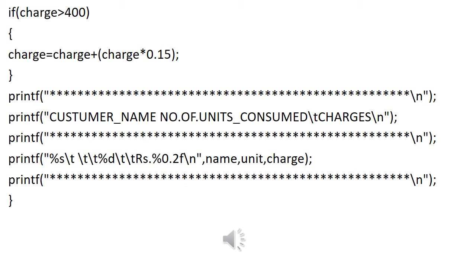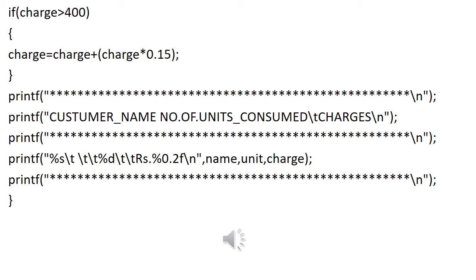So here we have made use of the if and else if ladder. First, if the first if condition is true, it will execute the first if part, and it will not go to any other else if or else part. If that condition doesn't match, if it is false, then it will go to the else if part and check whether the number of units is more than 200 or within 200 to 300. If that is not the case, then only it will go to the else part, which means that the number of units consumed by the user is more than 300. Then I am computing the additional charge if required.